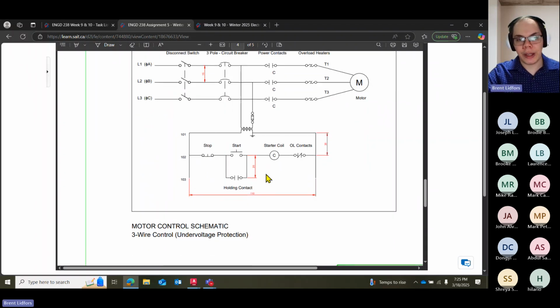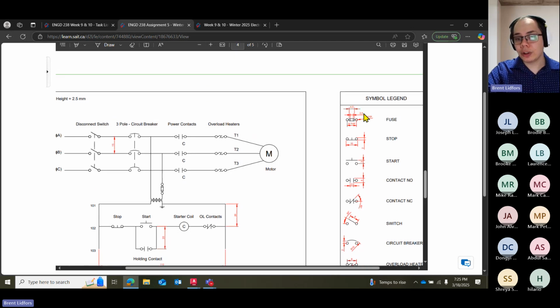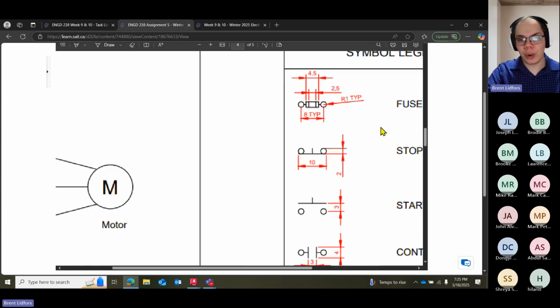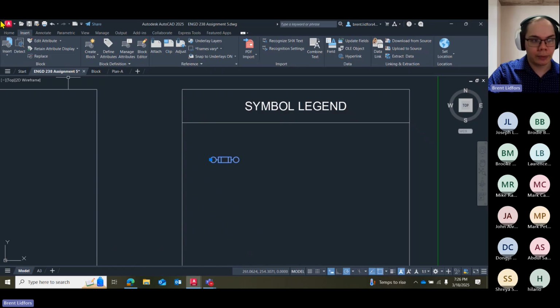Last thing is you've made your motor control schematic, your symbol legend. You'll include all of the dimensions on here as well. So where it says 4.5 for the width dimension here, that's not just for your reference. You'll also include that in your drawing. So if I open up the sample here